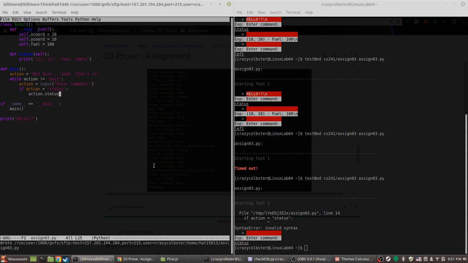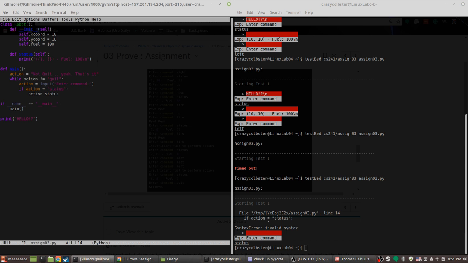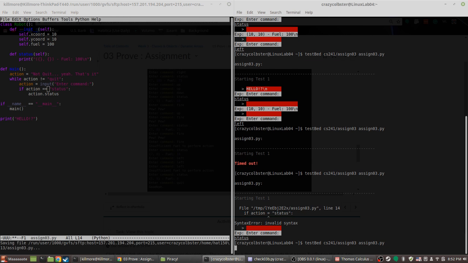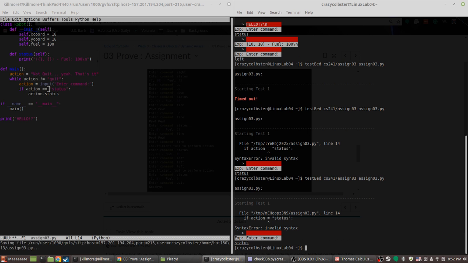If action, fetch. Equals. You know, one day I'm going to remember to put semicolons at the end of everything. And then you'll go into CS241 and you'll put semicolons not at the end of everything. I like that plan. Let's go with that plan. It's actually really nice. I love Python.